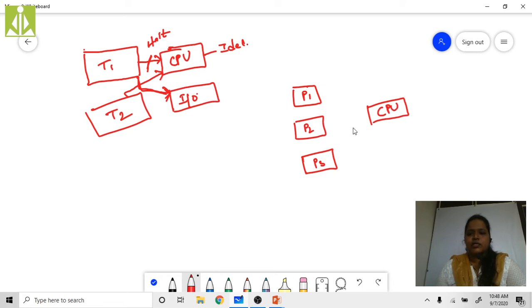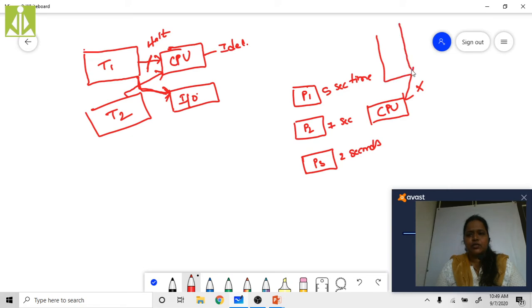Suppose process P1 takes 5 seconds to complete its task, process P2 takes 7 seconds, and process P3 takes 2 seconds. So these are the time limits. Now some process is executing in the CPU. Why? Because we have to maintain a buffer. So this is the buffer.